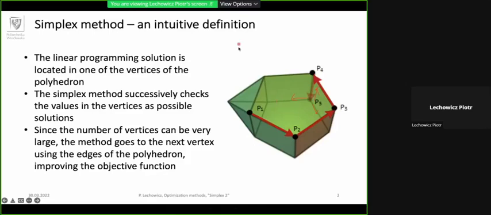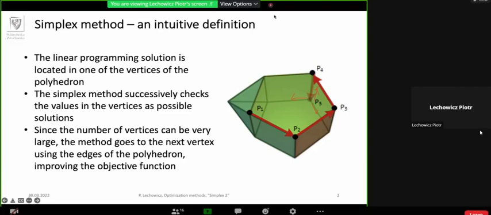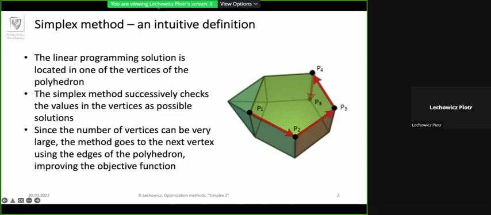A finite amount of steps. Actually, the number of vertices is equal to m choose n, where n is the number of vertices and m is the number of linear constraints. And we know that this is the optimal solution because we know that the